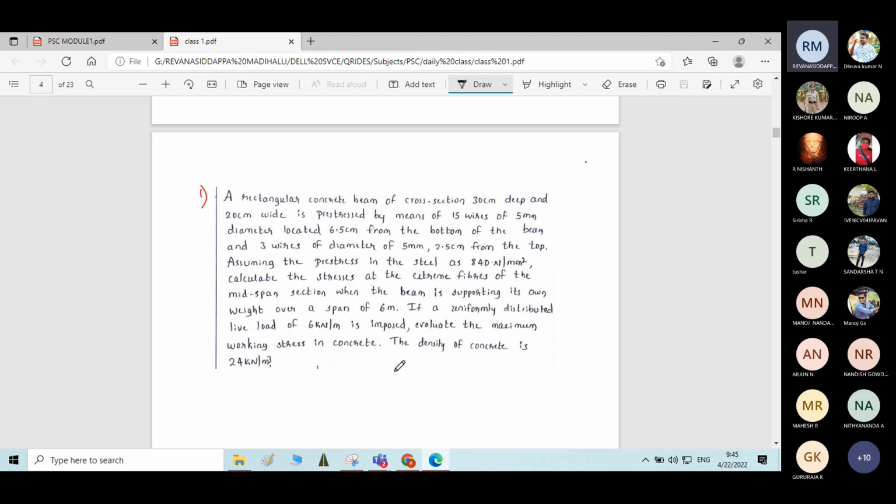Okay, thank you. Please write the problem, I'll dictate it. A rectangular concrete beam of cross section 30 centimeter deep